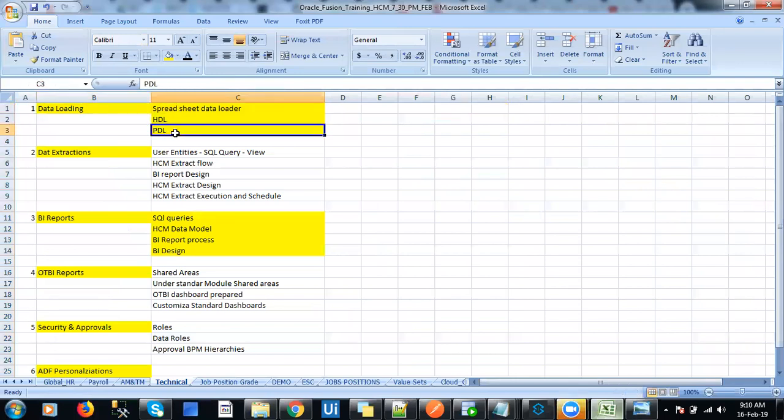Someone has asked me to go for payroll data loader and payroll batch loader, but I don't think so. That's because we have not been involved in PDL and PBL, and that again comes under the payroll module. I have to see that. But you can go through some documentation related to it. Payroll batch loader is basically to add your elements